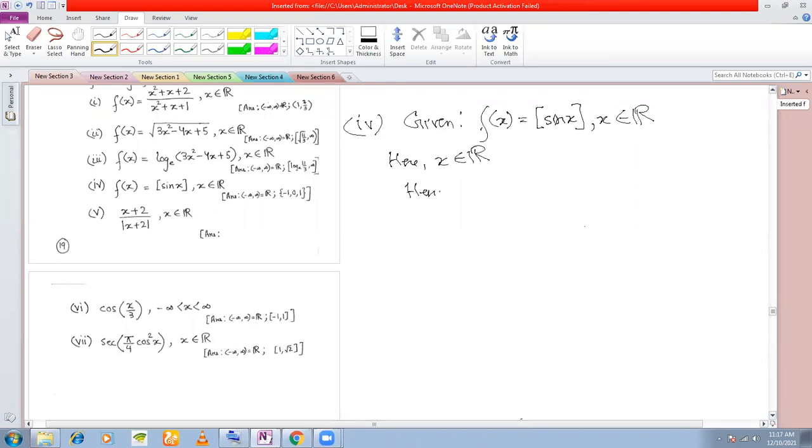Hence, what is the domain of f? Domain of f can be the set of any real number, right? Minus infinity to infinity, isn't it? Sin x can take any value. The greatest integer function can take any value, isn't it? Fine. In fact, whatever is within your box brackets, that can be any real number. So that is why the domain is the set of all real numbers. For every x, you are getting an image in the set of real numbers.